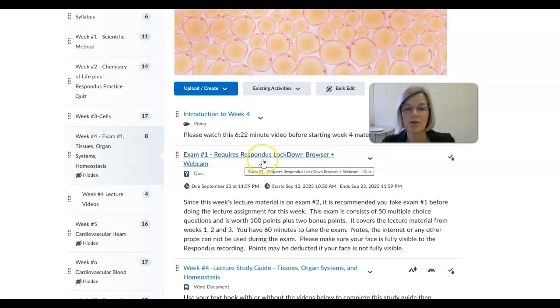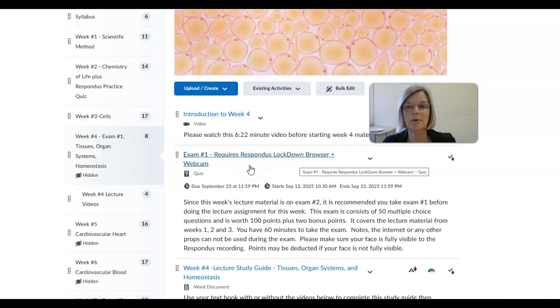We talked a little bit about people with Chromebooks and whatnot, all the issues related to that. Remember that there are some computers in the library, in the Learning Commons, that have Respondus on them. And if you let me know that you want to use one of those, I can help you find it. Either that, or you can walk right in the Learning Commons and ask somebody. Keith Ward is head of the Learning Commons. He'll know where they are. Remember, the Learning Commons hours: they're not open on the weekends, and they close at either 4 or 6 p.m. depending on the day of the week. So plan ahead if you're going to use a college computer.